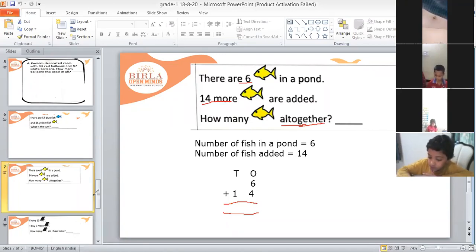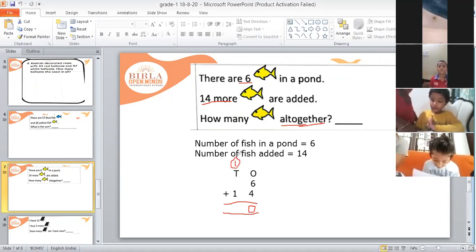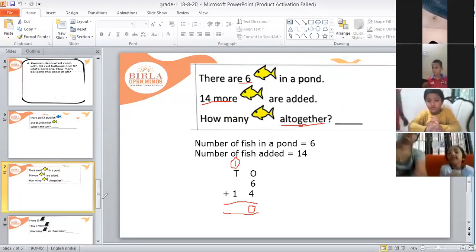Tanvisri, you tell me 6 plus 4 how much? Start counting after 6 and count forward 4. The 10, ma'am. Yeah, that's correct. Very good. So see here children, 6 plus 4 is 10. You will start counting after 6 and count forward 4. So we'll write 0 here in ones place and that 1 will go as carry over in tens place.